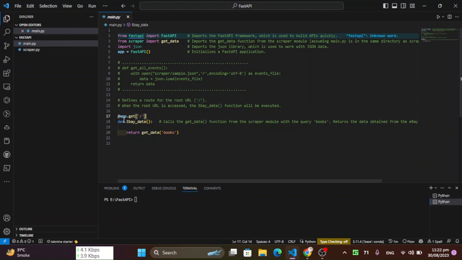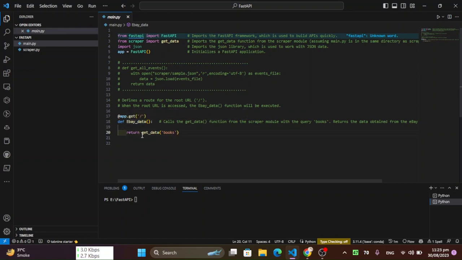When a user accesses the root URL, the decorated function ebay_data will be executed. This is the function definition for ebay_data. It will be executed when the associated route is accessed and return the getData books result.